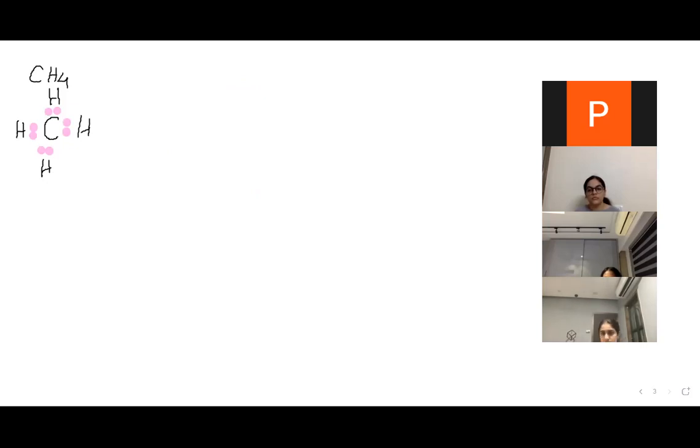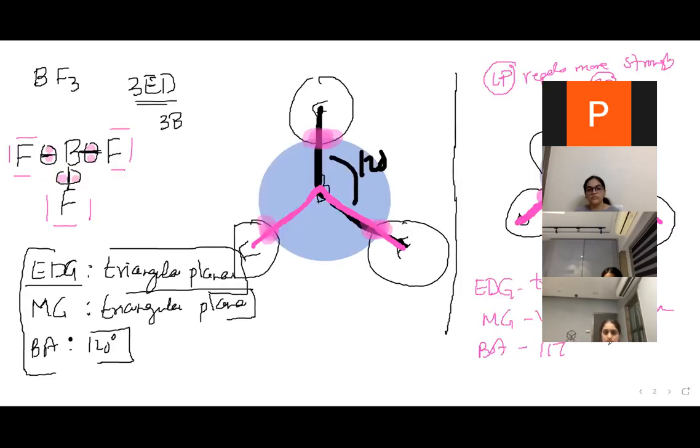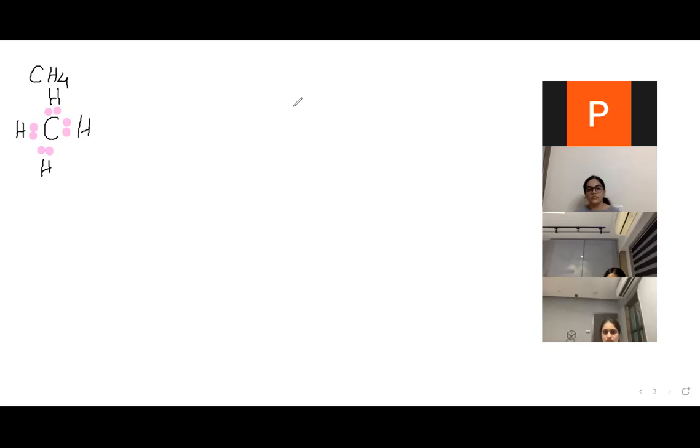So whenever there are 4 electron domains, the molecular geometry is tetrahedral. And electron domain geometry is also tetrahedral, but I can't draw the electron domain because I can't draw a 3-dimensional thing here. So far, the other structures are 2-dimensional, like linear and trigonal planar. They're planar structures, so that's why I could show them on the screen here. Okay, now here I will try to show this.